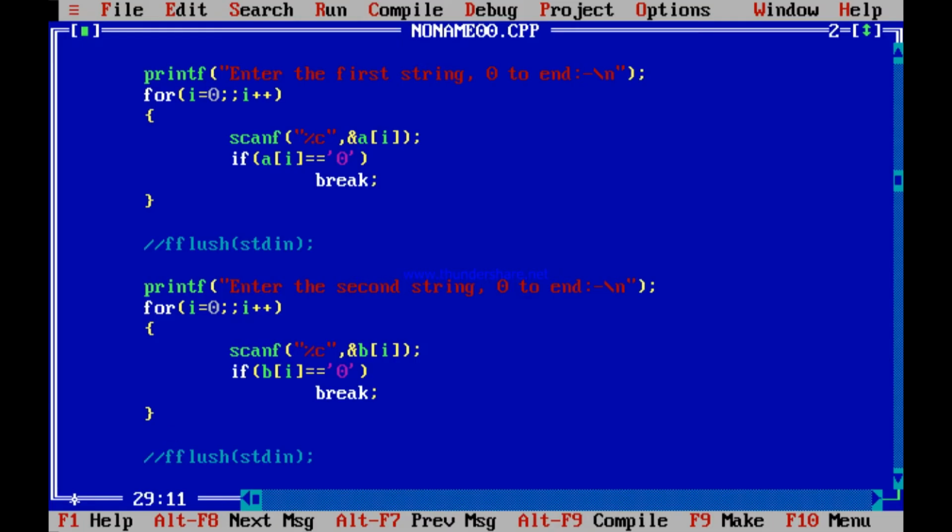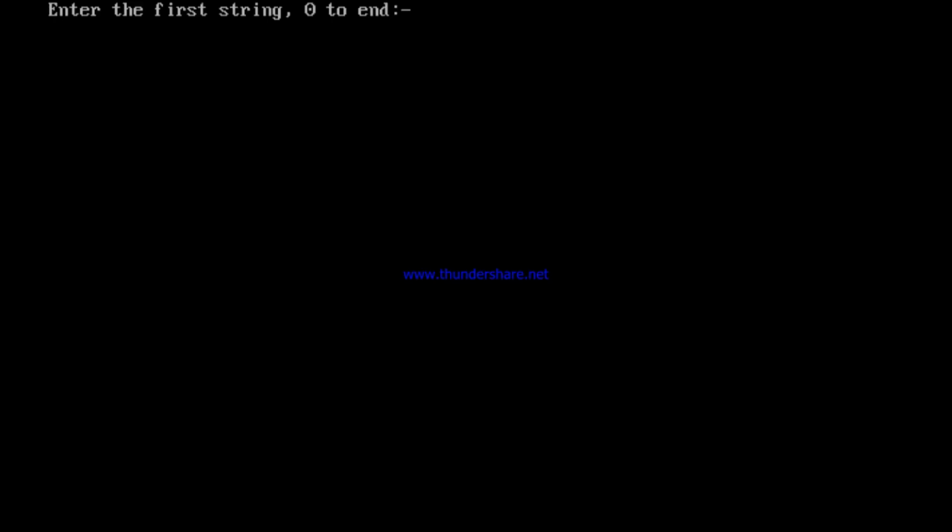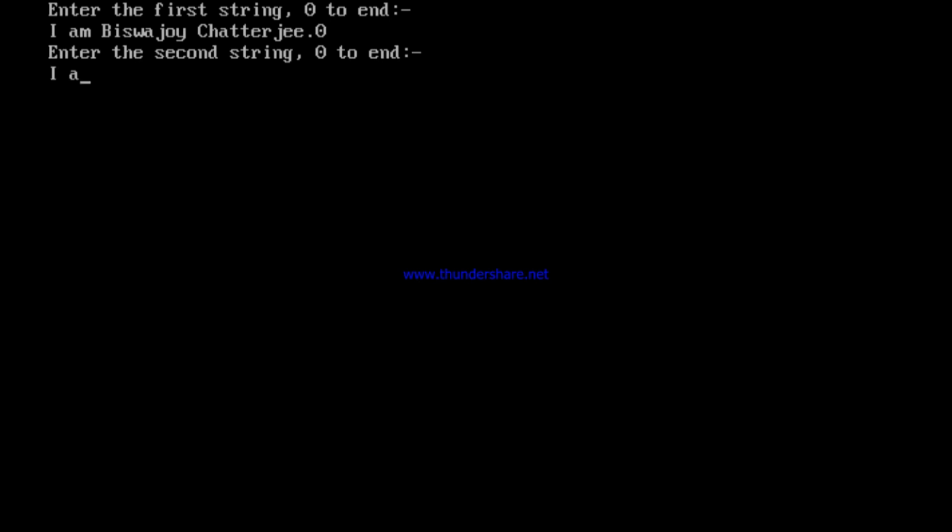What should you do? You should not avoid this flush stdin. If you don't avoid this flush stdin, if you run it now, that enter will be avoided. See, I am Vishwajoy Chatterjee, full stop 0, and then over here I am from UEM Jaipur, full stop and a 0.